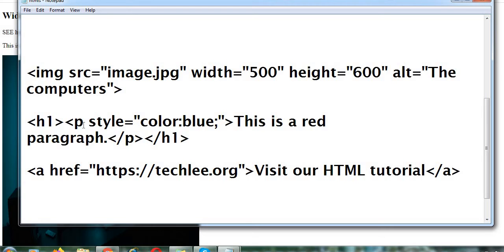I used nested HTML, like an attribute within an attribute. When you use an attribute within an attribute, the first used attribute will be executed first. Like if you are using an h1 tag and using a paragraph in between the h1 tag, then that paragraph will become that heading. The complete paragraph will become the heading.